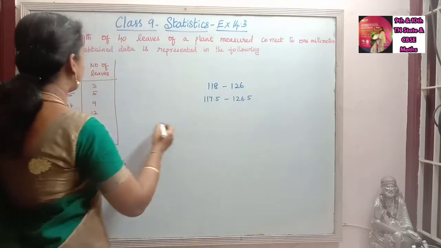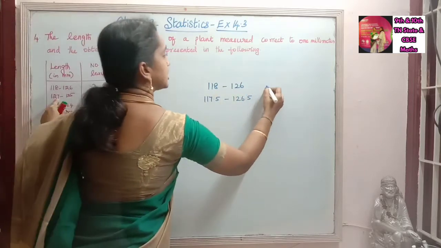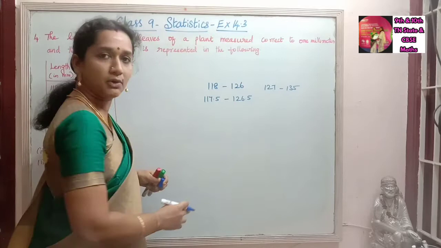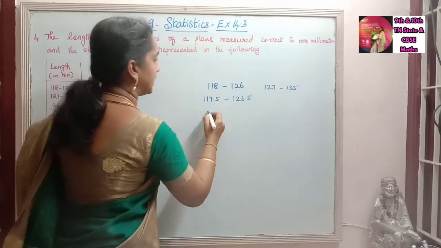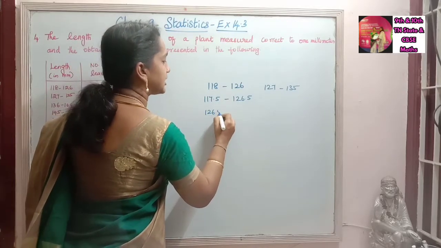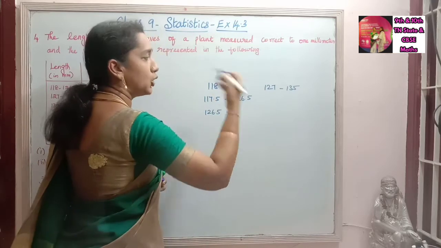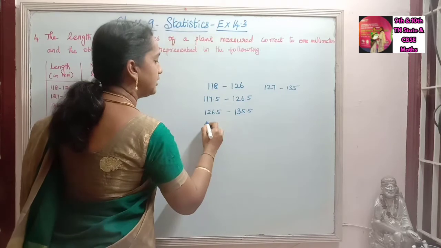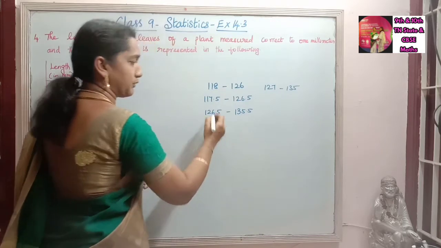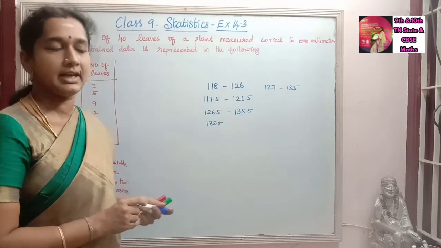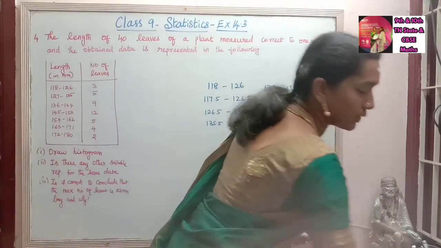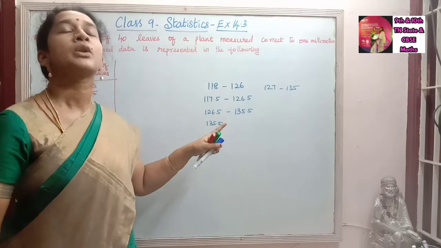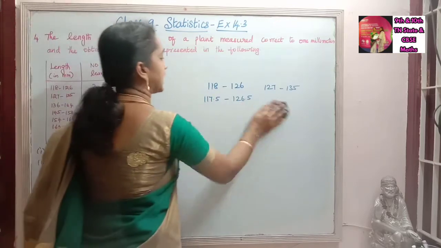Okay. In the same way, the next distribution is 127 to 135. When we subtract 0.5 from the lower class limit, we will get 126.5, and the upper class limit will be 135.5. Then we will start with 135.5. So we will get continuous data. Only if we have a continuous class distribution, that is, continuous class intervals, can we draw a histogram. So it has to be made continuous.